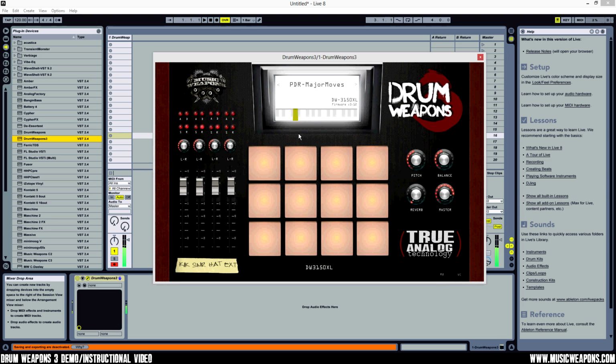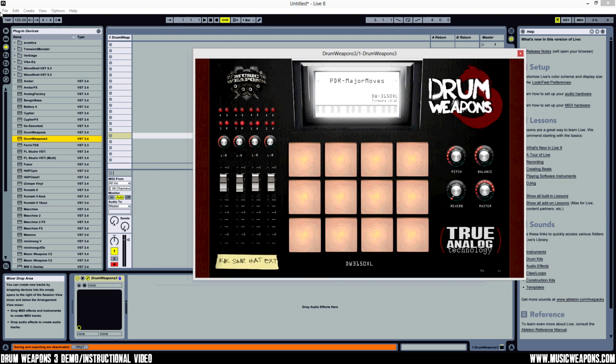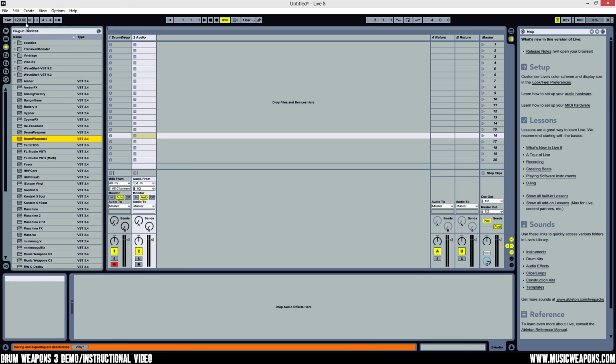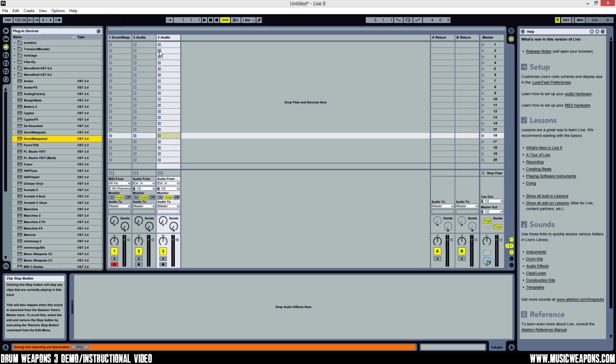See what? Oh, there's no snares or hats. So a real simple way. This doesn't just apply to Drum Weapons 3. It's any multi-out VST instrument. All you got to do is insert 2 audio tracks. Now take the audio from, go to Drum Weapons 3, do that for both of them,